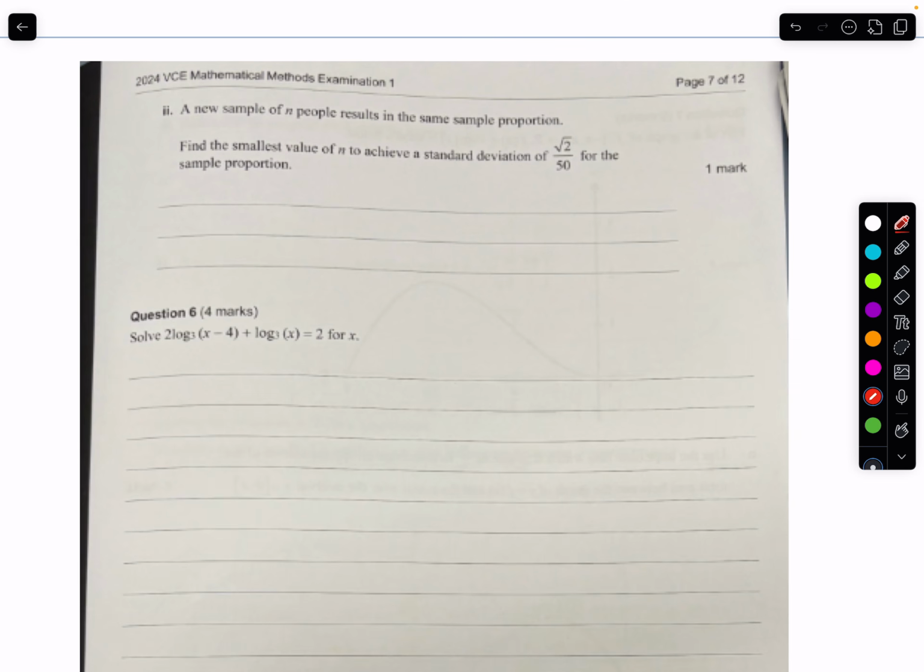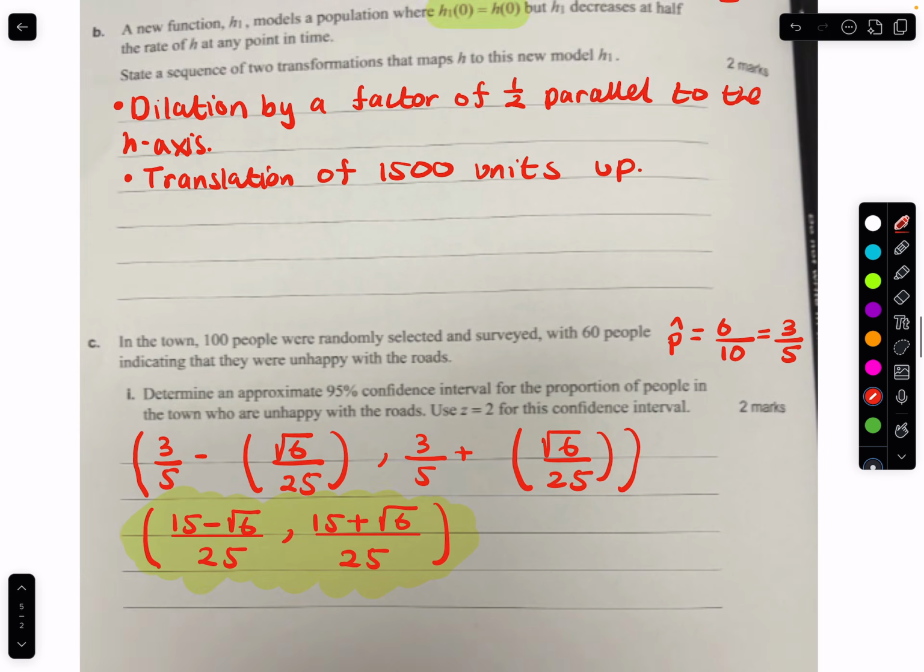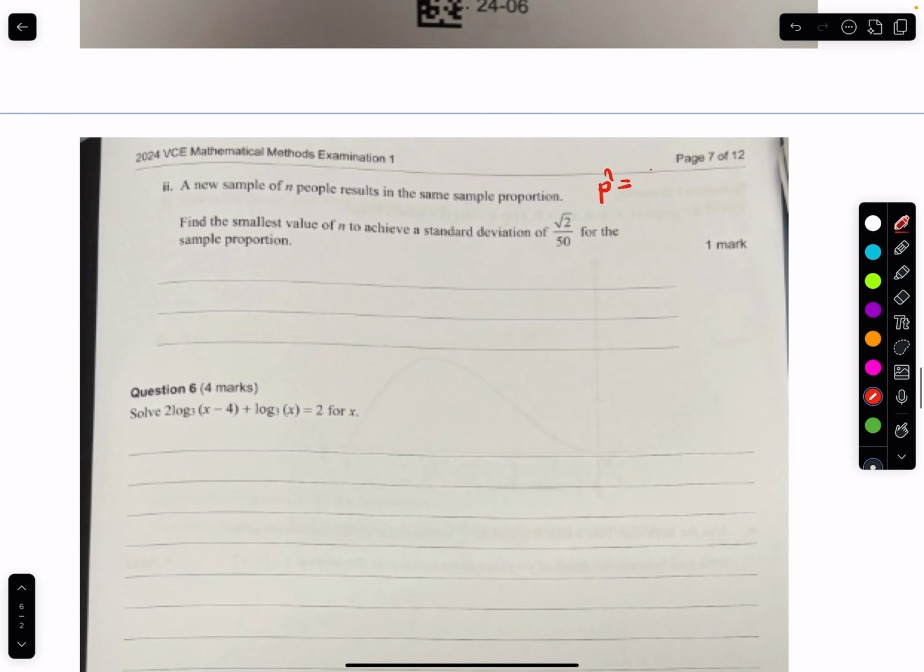A new sample of n people results in the same sample proportion. So it's still the same sample proportion, which was, what was it again? 3 over 5. Okay. So find the smallest value of n to achieve a standard deviation of root 2 over 50 for the